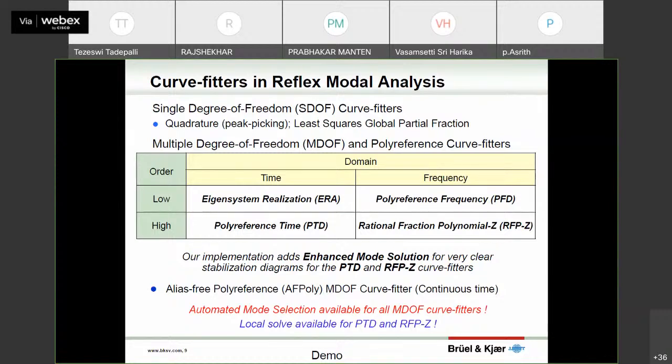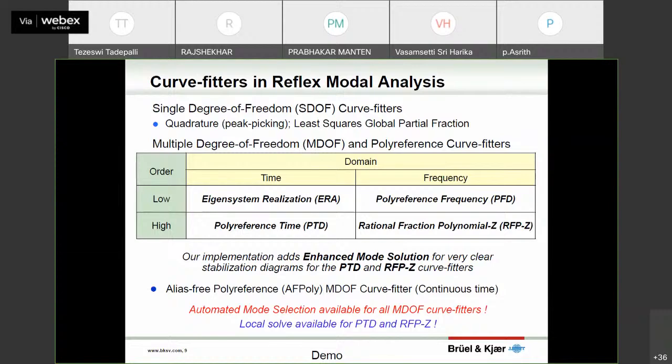The idea is, depending on the type of material, depending on how close your nodes are, we will have to use different mathematical techniques, and these are all techniques to separate nodes. So you have the reference frequency, RFPZ, all of the alias-free polyreference. All of these are techniques developed by various companies for